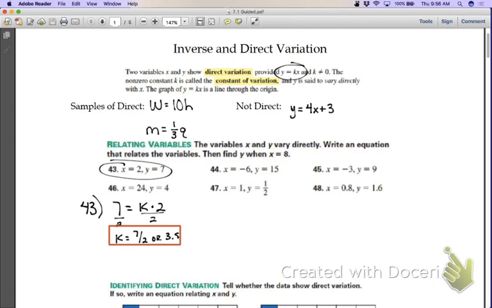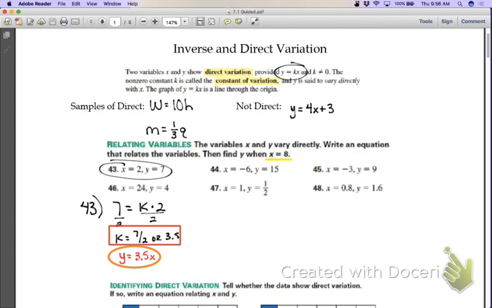Your second part is really this easy, and I will have multiple students say, that's all we have to do? Yes, this is all you're going to have to do. It'll ask you to write the new equation. Well, you're going to write y equals 3.5x. There's your second part. Your third part is when you take your new equation and plug in 8. So you find k, you write your new equation,